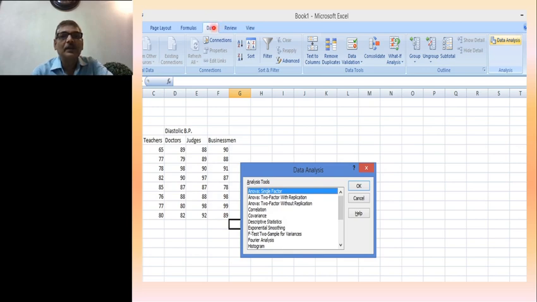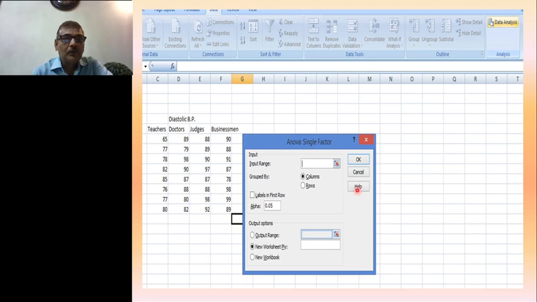When you click here, you will get data analysis on the right side above corner, and when you click this data analysis, then this box will appear, and in this box there are so many statistical parameters which you can go through, but there is one that is ANOVA single factor. So you select this and click OK button.